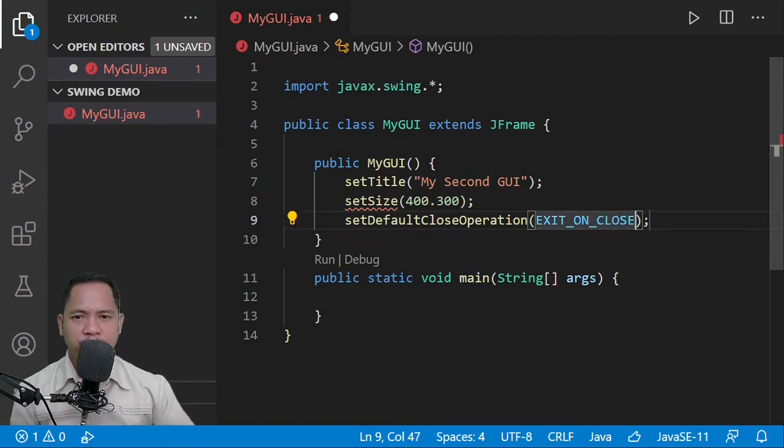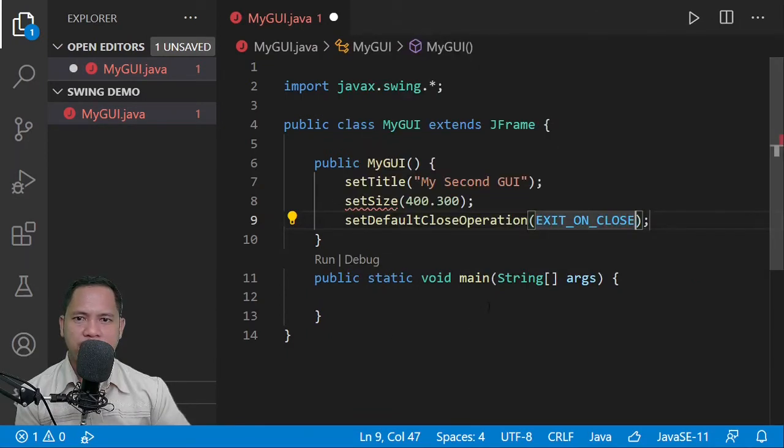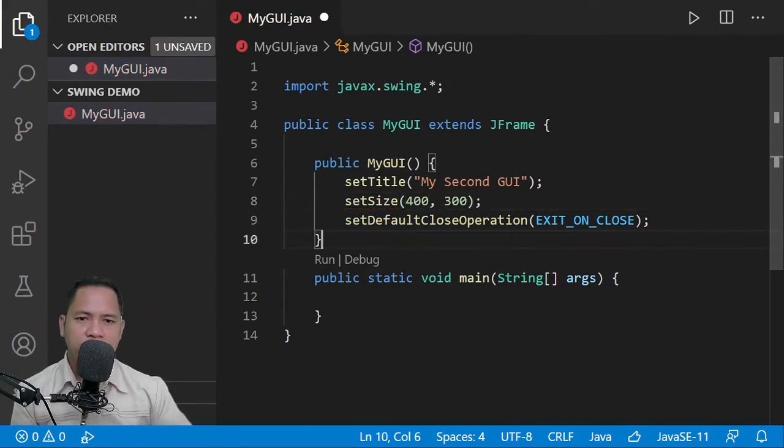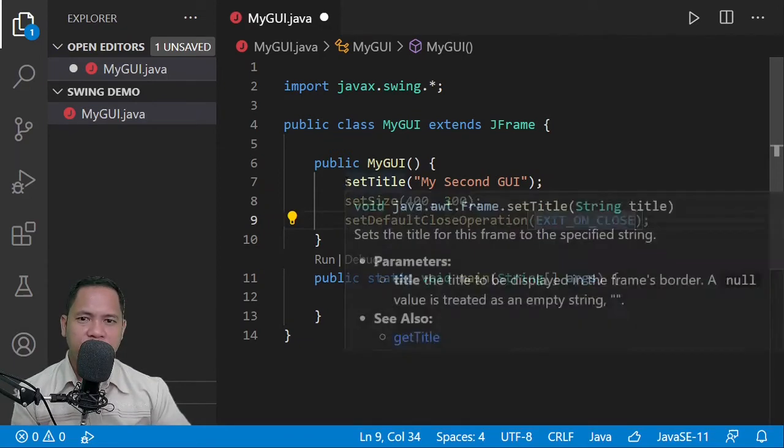By the way, you don't need to. What's wrong with this? Oh, it's a comma. Okay, you don't need to put the JFrame anymore, and you don't need to do frame